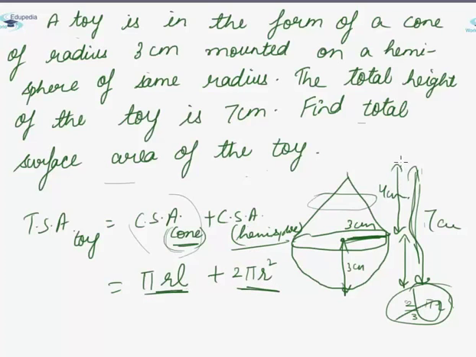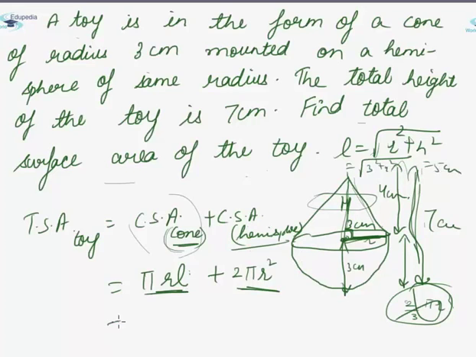Now friends, we know this vertical height, but we need L, the slant height for cone. So the slant height L will be calculated by Pythagoras theorem, because since it is a regular right circular cone, so we can say that this angle is 90 degree. If we consider it as height and this as radius, then L will be given by this value. So it will be under root of 3 square plus 4 square, which will be 5. So L is 5